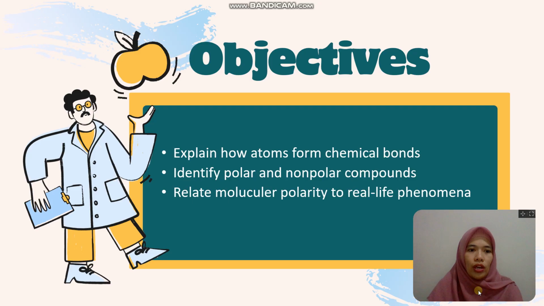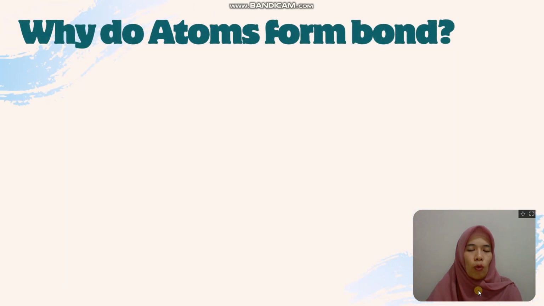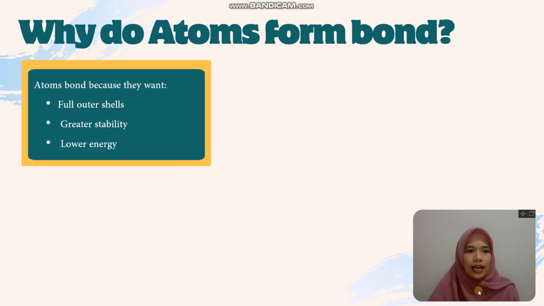Now that we have understood the learning objectives, let us begin with a fundamental question. Why do atoms form bonds? Atoms naturally tend to achieve a more stable condition with lower energy. In chemistry, stability is closely related to electron configuration. An atom is considered stable when its electron configuration resembles that of a noble gas, in which the valence shell